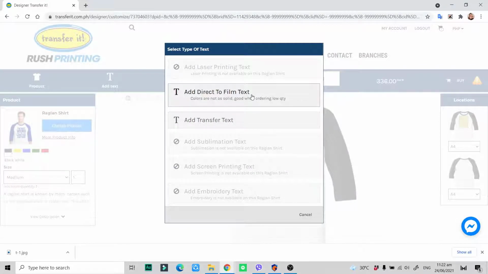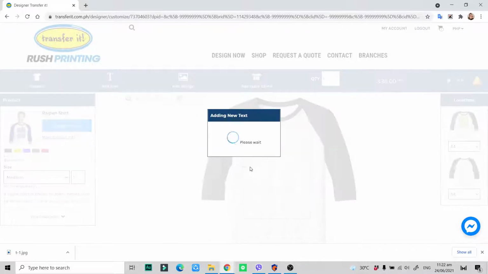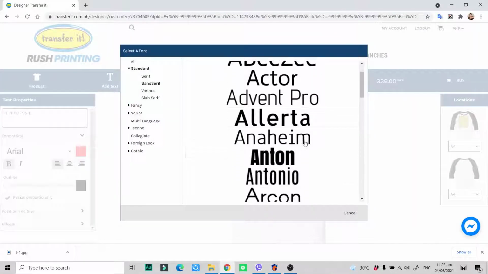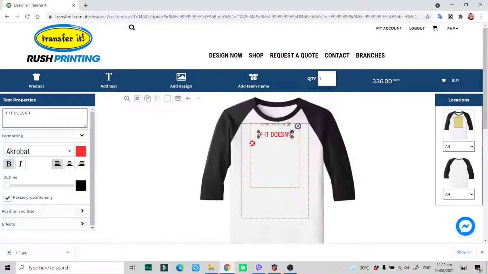Gusto ko sana mapaglaruan yung different font styles and font colors. So let's try to do this. First, yung if it doesn't muna. If it doesn't, just to put emphasis on the important words. Ayan. For this one, we can choose something na medyo manipis yung font style. Ayan. If it doesn't,